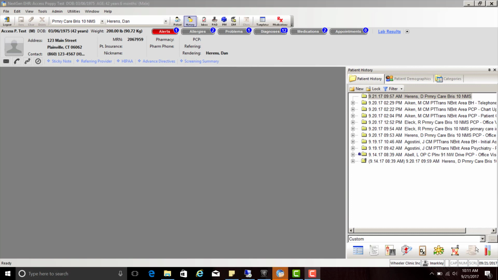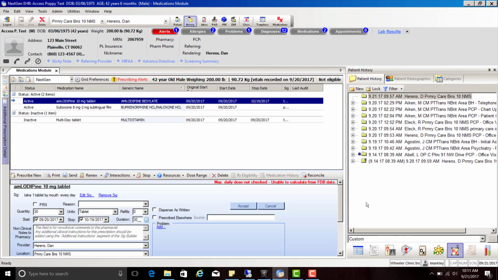So in order to do this, we must go into the medication module. The medication module is located on your history toolbar, and it is the RX icon. We can see that this patient does currently have a list of medications that they're on. They have 2 active meds and 1 inactive med, but for fun, let's just put in a new medication for today. We can do that by pressing the Prescribe New button,